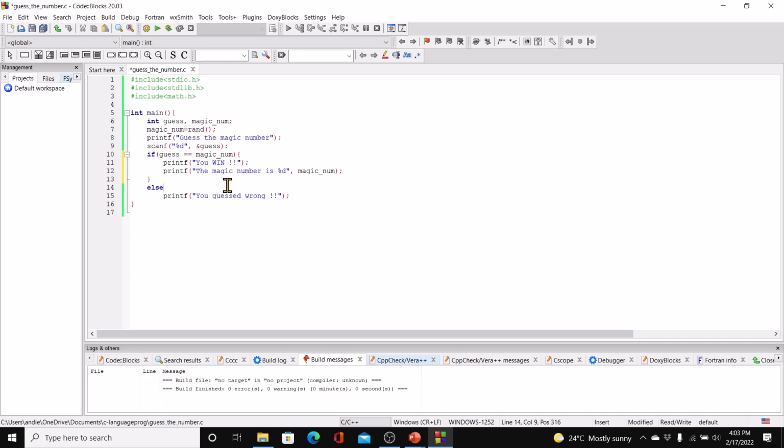Else, and again we need a code block. So again, make sure you have curly braces opening and closing. Printf, you guessed wrong, and we need to check if guess greater than magic num, then we need to printf your guess is too high,